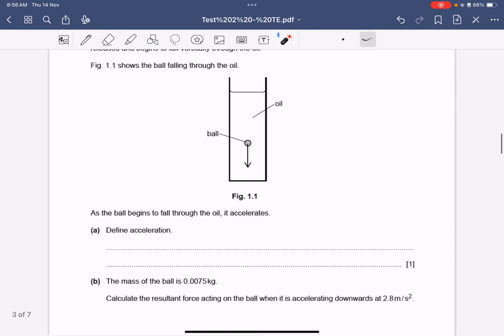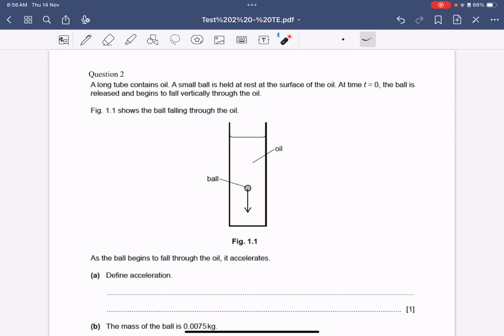Okay, next question. A long tube contains oil. A small ball is held at rest at the surface of the oil, so initially here. At t equals 0, the ball is released and begins to fall vertically through the oil. So this is something like skydiving, because you ask a skydiver to jump off the plane, it was at rest initially, and it falls down. When it falls down, there will be two forces. One is the weight, one is the air drag. Now in this case, it's not in the air,